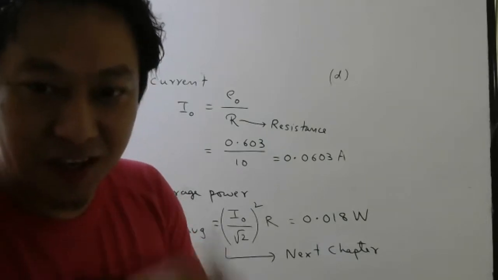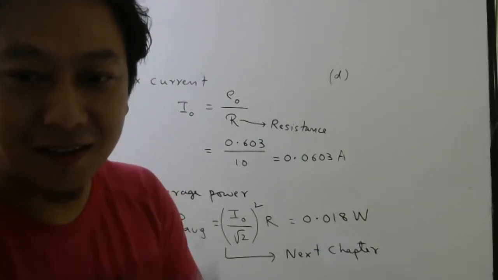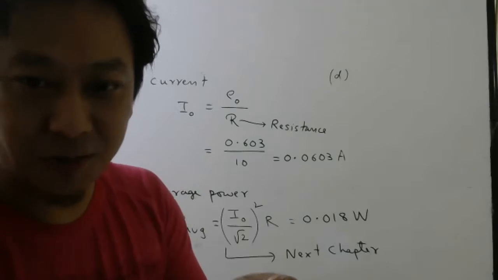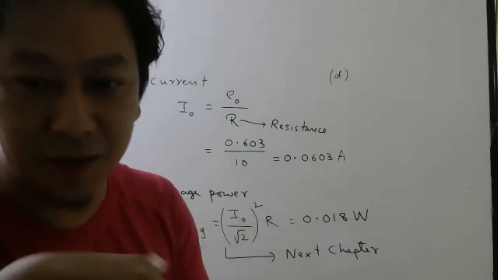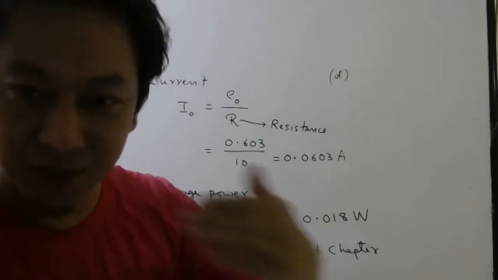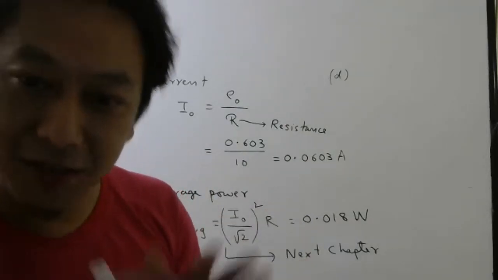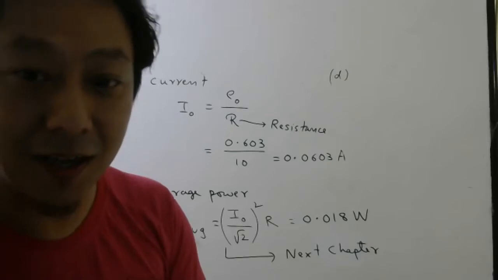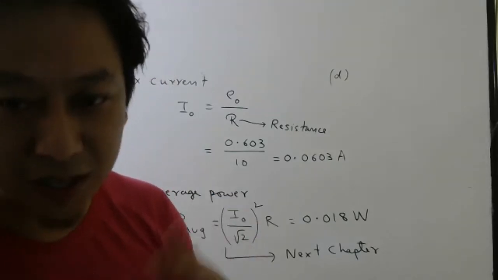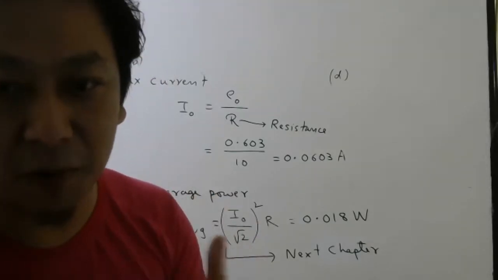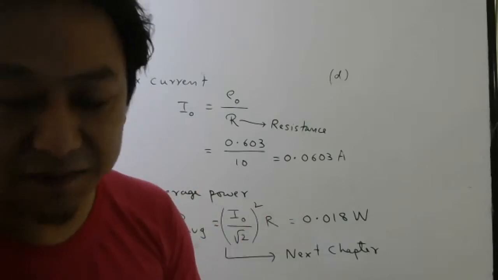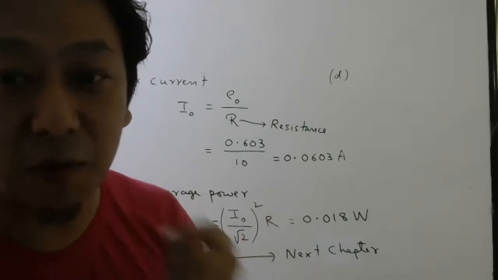So as you rotate the coil, current is flowing because of EMF. Because as you rotate the coil, flux will change, EMF will be induced, current will flow, so heat will be produced, so there will be some power, I squared R. Question is, from where is this power coming?